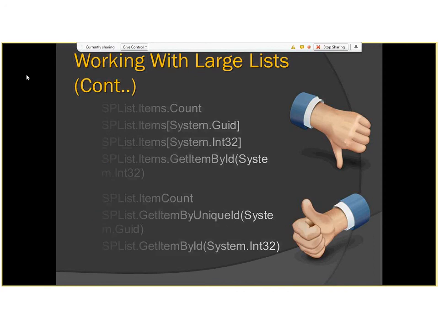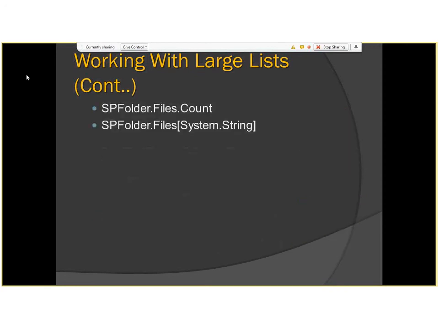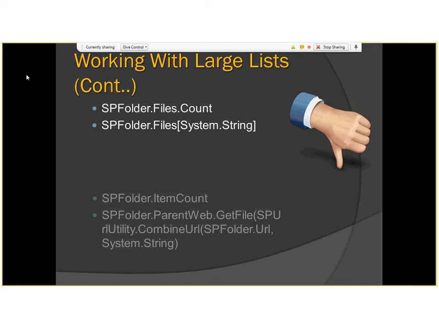Now for the files, you can see that I'm using SPFolder.Files.Count if I want to look into the number of files in my SPFolder. Or if I want to get the files from that, then I have to use SPFolder.Files and provide the System.String in the parameter, which is again the bad approach. The good approach is that I have to call SPFolder.ItemCount,